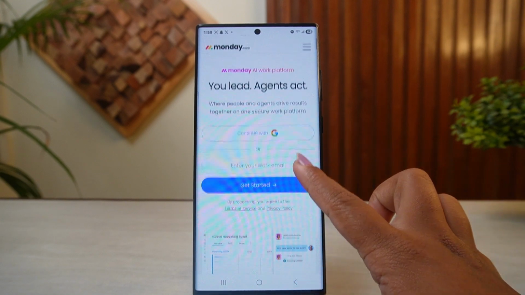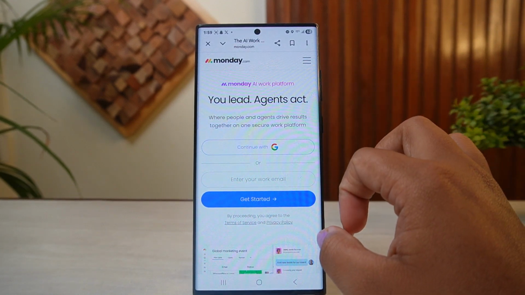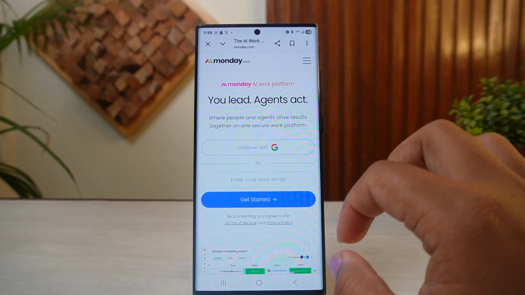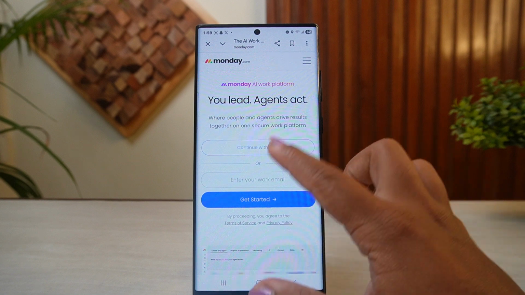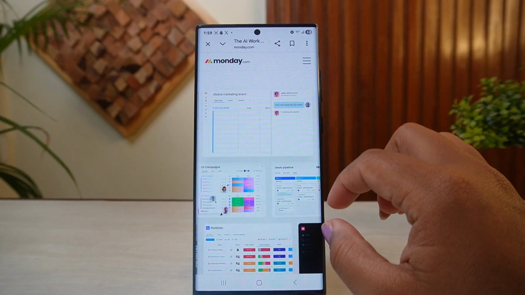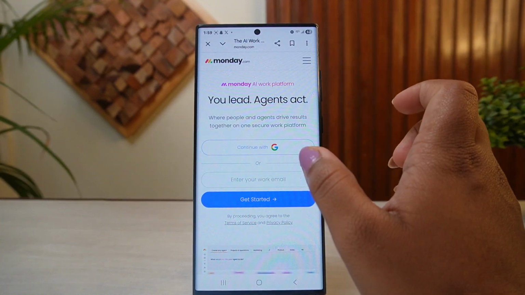So in here, the very first thing that you want to do is get into your Monday.com and make sure that you are logged into your account. After making sure that you are logged into your account, now what you're going to do is simply get into your admin, and then from your admin, you'll get the billing option. Tap on billing, and then here you'll be able to view all of the details, take a screenshot for evidence,